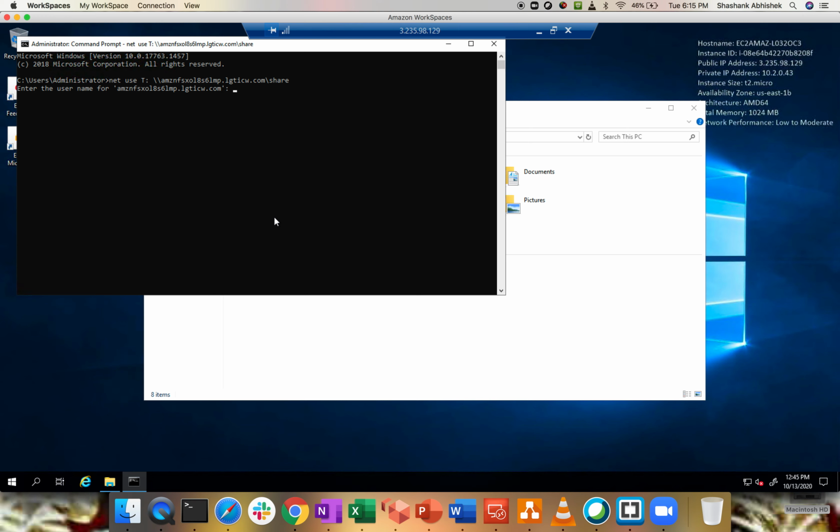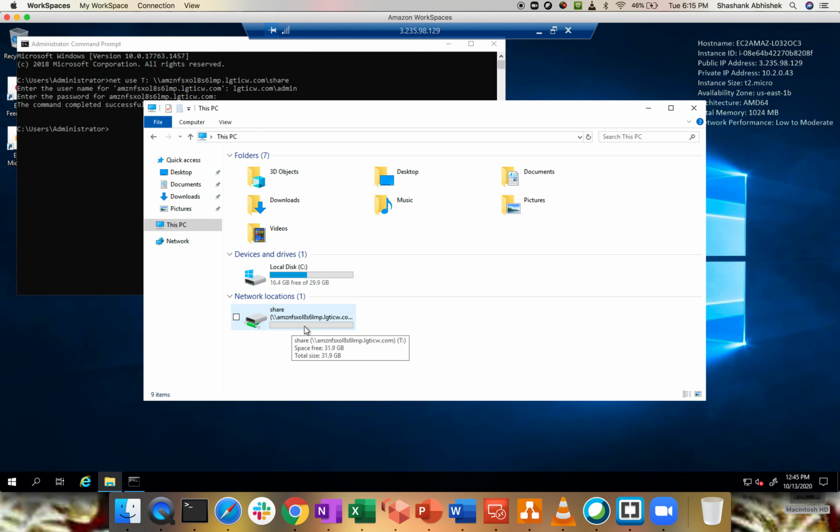The user that I have logged in is not part of a domain, so I'm going to use the domain admin username and password, which is admin, password. The command completed successfully, and here you can see we have the share.